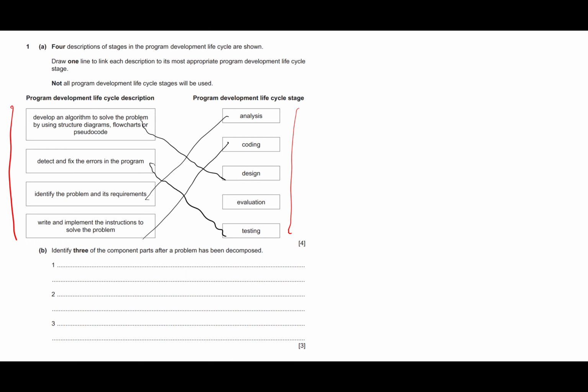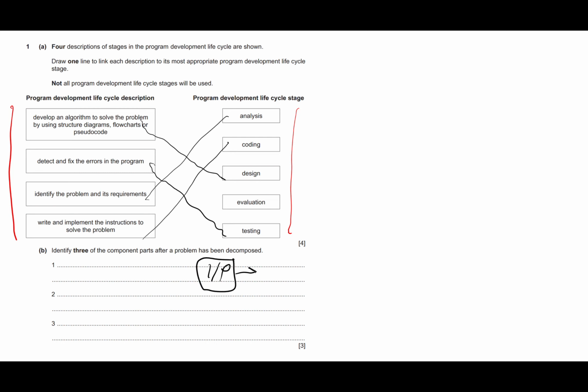Part B, identify 3 of the component parts after a problem has been decomposed. So when you decompose something, you break it down into smaller parts. That makes it easier to solve. And one of the things that is useful for answering this question, and any sort of question on a system, if I've got space, is a little block diagram. We kind of need to have